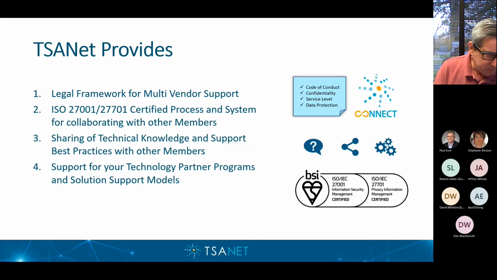The other piece of this is that the reason you probably came into this was that another member company, one of what we call our elite members, came in and said, hey, we need you to be part of this. We'll talk about why that occurs, but we're here to also support you. So if you've got a problem collaborating with another member company, or they're collaborating with you and you're not sure exactly how this ought to work, you can contact us from the Technology Partner Program.